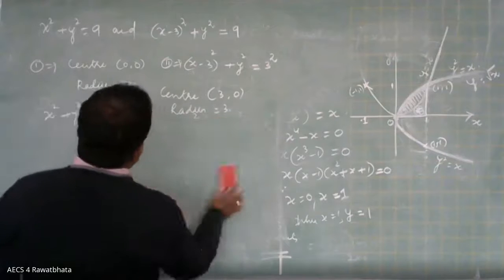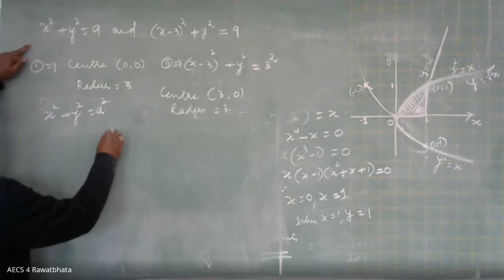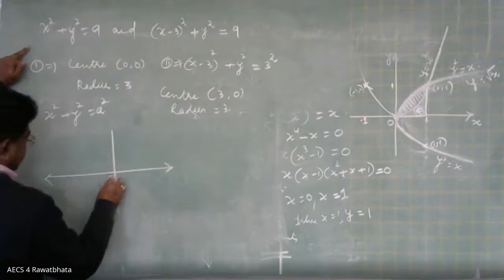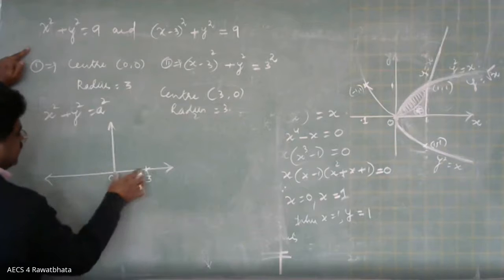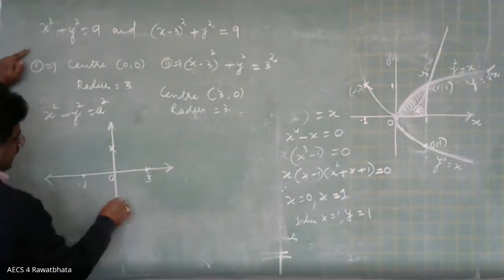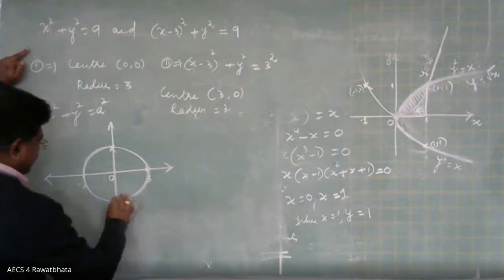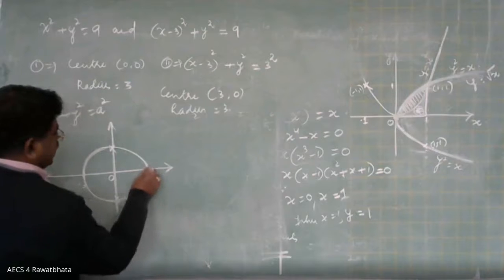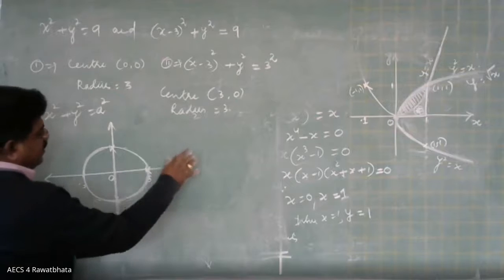Yes, here now let us come. The first one we can draw easily, symmetric with respect to the origin. So center 0, 0 and here 3, the same distance here, it is -3. And here and here, you are going to get the circle. And for that, 3, 0, here 3, 0, radius 3. With radius 3, you can draw another circle.